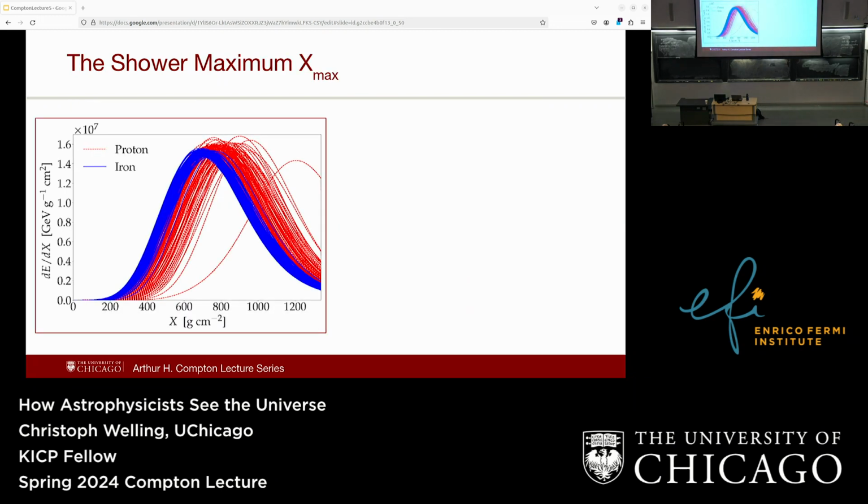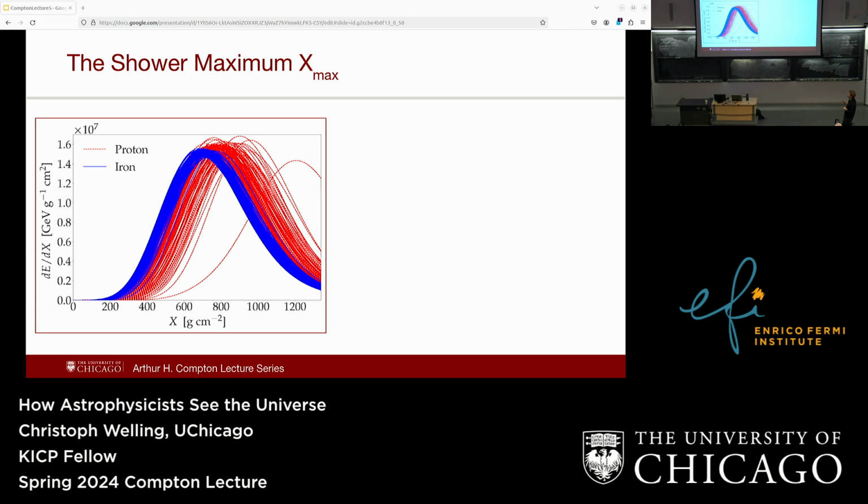So this is from a bunch of different simulations. So we just basically simulate a bunch of showers, and then we're just going to plot how deep in the atmosphere they are going to dump how much energy, right? Which tells us how big the shower is at a certain depth. And the blue ones are for iron showers, and the red ones are for proton showers, for hydrogen showers. You can see the iron showers all develop their maximum, where they have the highest number of particles, something that's usually called X max, much higher in the atmosphere than for protons.